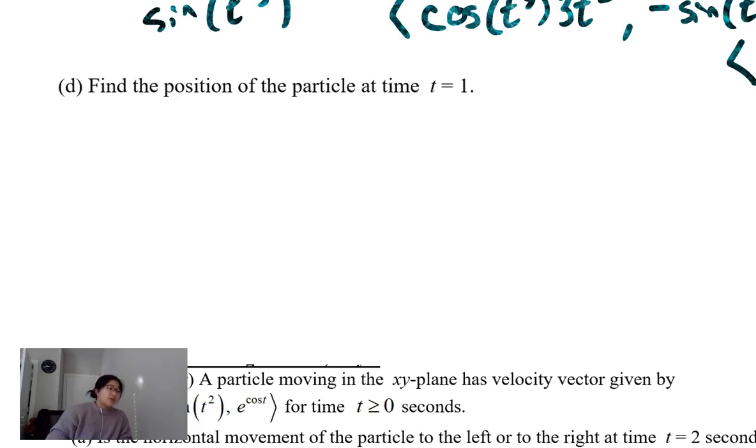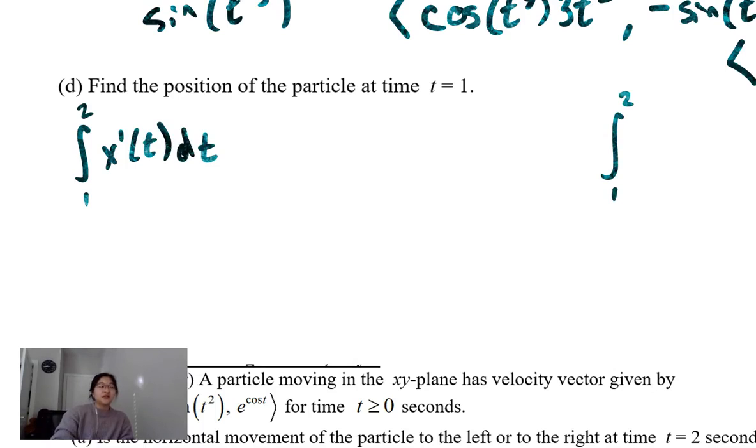So when we're looking for our position at time t equals 1, but we only know about time t equals 2, then we need to go from time t equals 2's position and then backwards. How are we going to do that? Well, we can integrate. So we can go from 1 to 2 of our x prime of t direction, and going from 1 to 2 of our y prime of t direction in our vertical direction. And so what do we end up with? Well, we end up with our